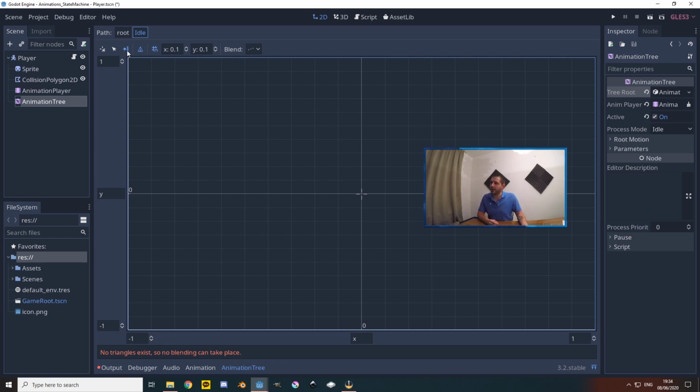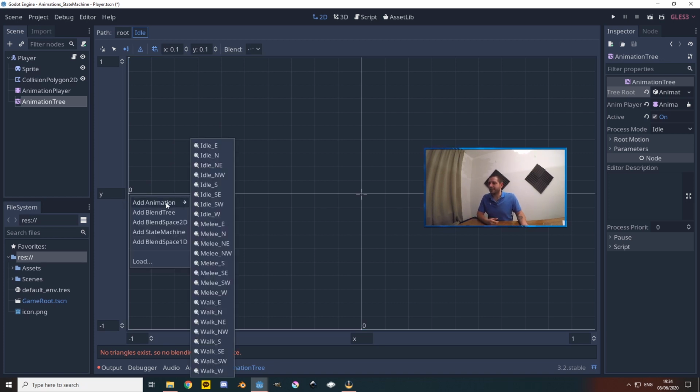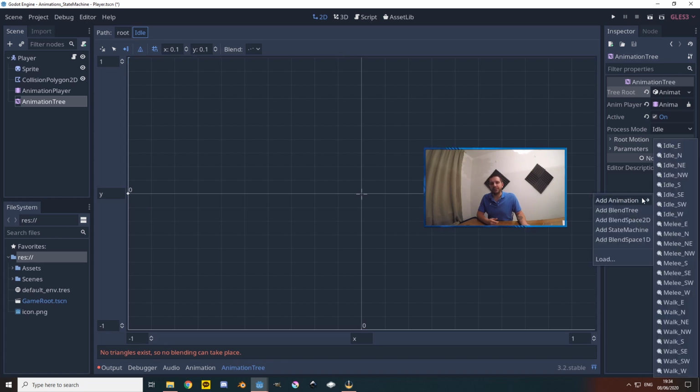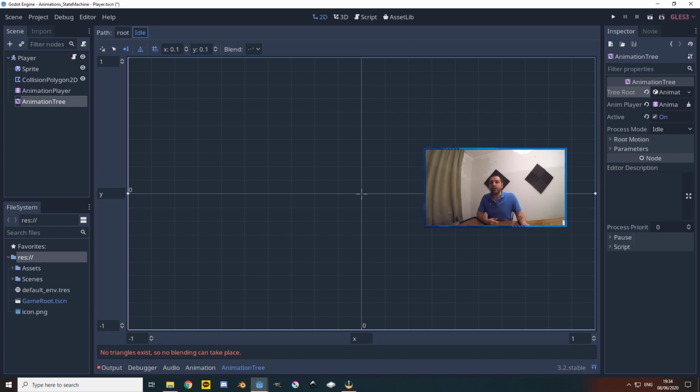So now, still with our add points selected, we can actually add these points with the left mouse button. So when I left click right here, I'm going to add an animation, and I'm going to be adding my idle west, as this is the left side of the screen. I'll do exactly the same on the other side here. Now add my idle east. Now you'll be tempted to go to the top and say, okay, so this is going to be idle north. And that's where you're wrong, because compared to how the coordinational system works in Godot or most game engines,